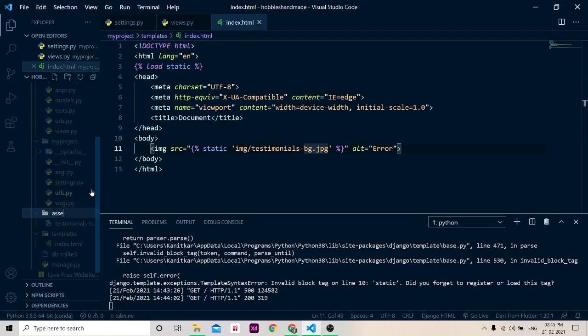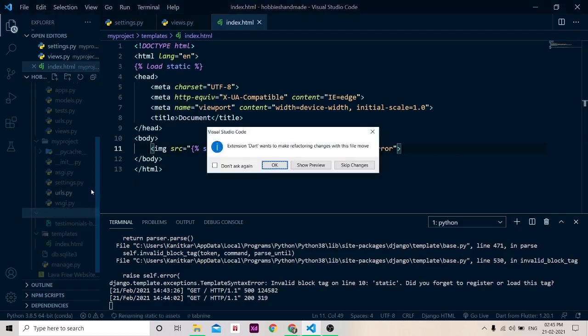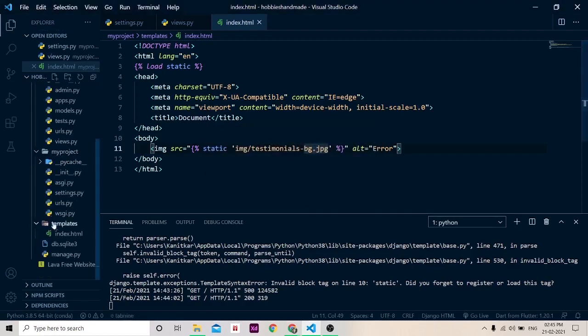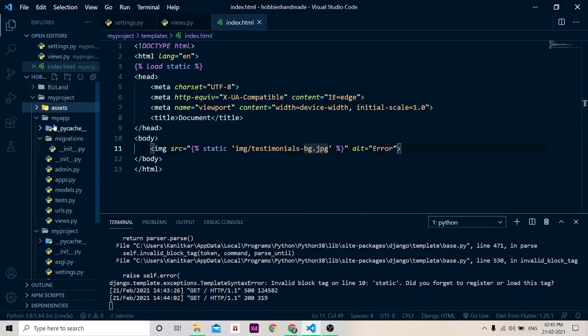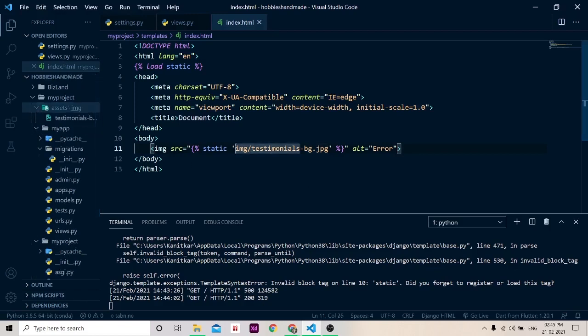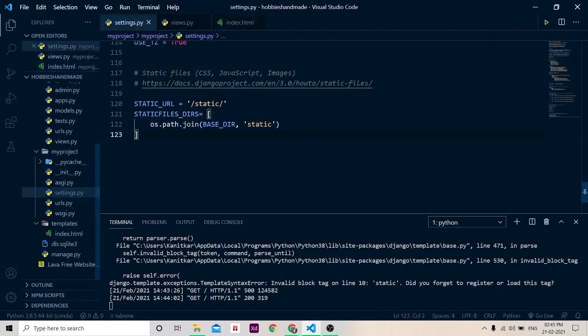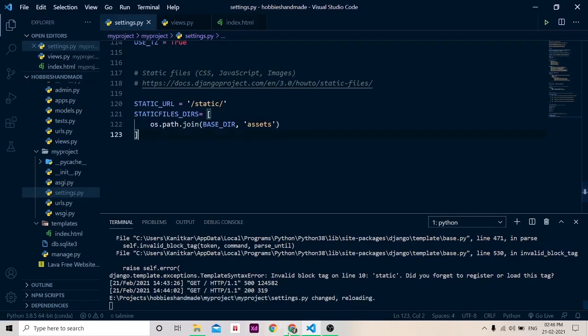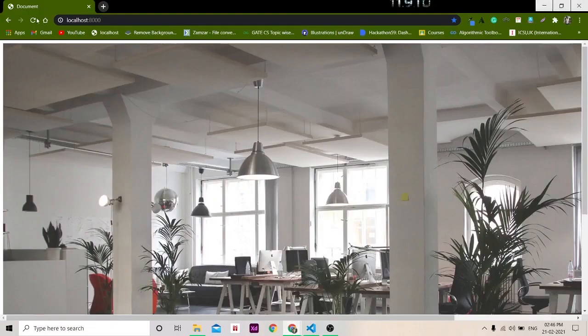We can rename it to anything. If you have renamed it to assets, then we have to change only this part, assets, and your work is done. Let's try to refresh. Boom guys, it is working.